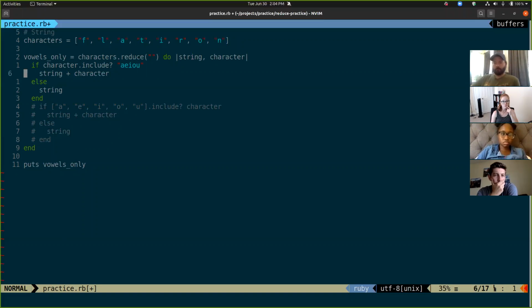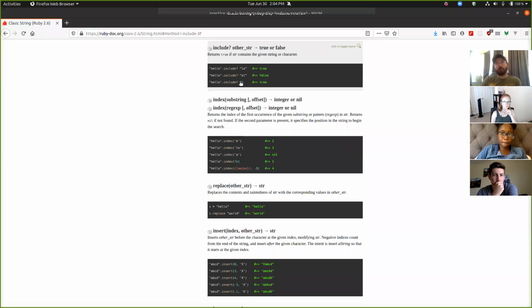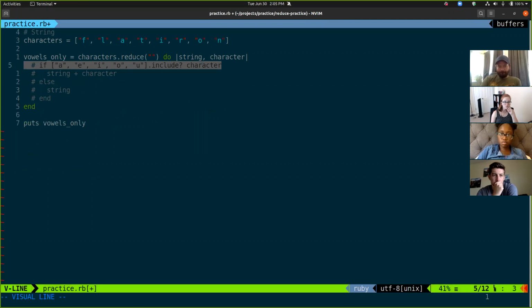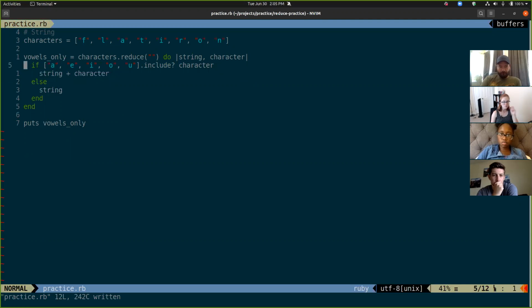It's looking for a substring match. Now it looks like, well, no. I was going to say that little question mark right there, if that can be a regex. Oh no, that's not even that. Yeah, don't do it that way. So we can write this way, or